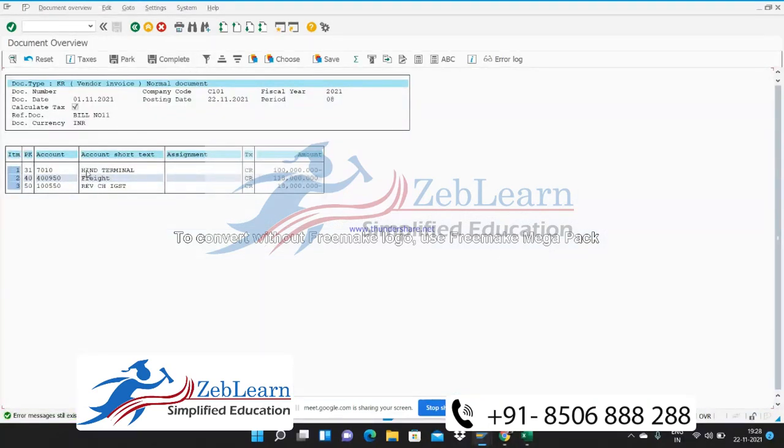Now you can see, Hind Terminals, 1 lakh rupees is the amount which we are going to pay. 18,000 rupees, which is the RCM GST, we have deducted from his total invoice value, for which 1,18,000 he was supposed to give us, and reverse charge IGST, which is the liability for 18,000, is created. Now this 18,000 has been added to your expense account.